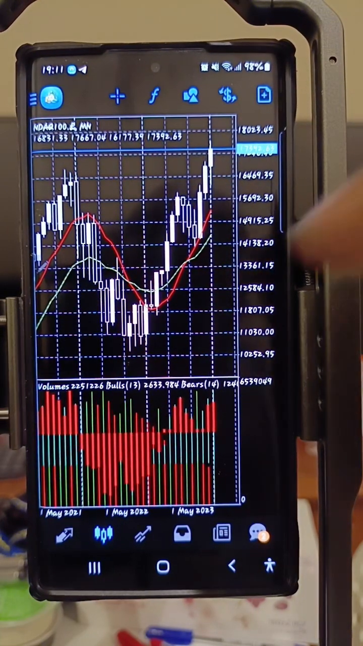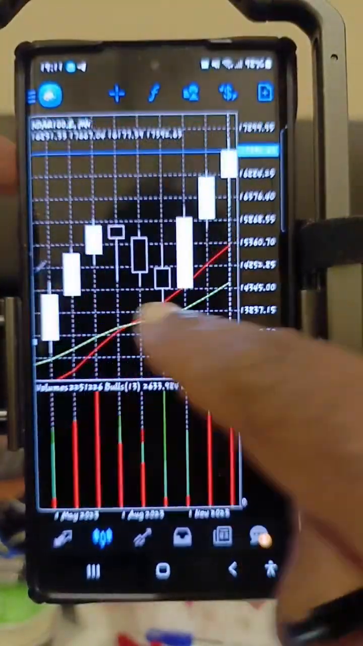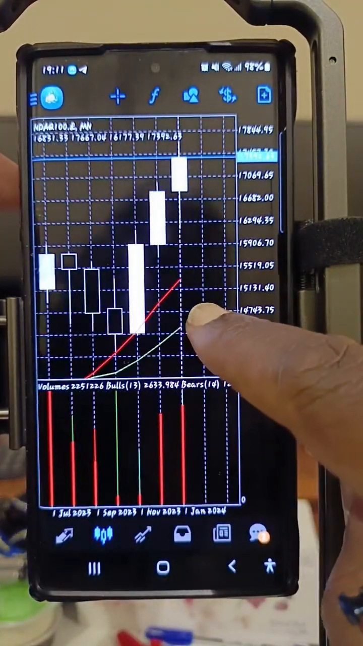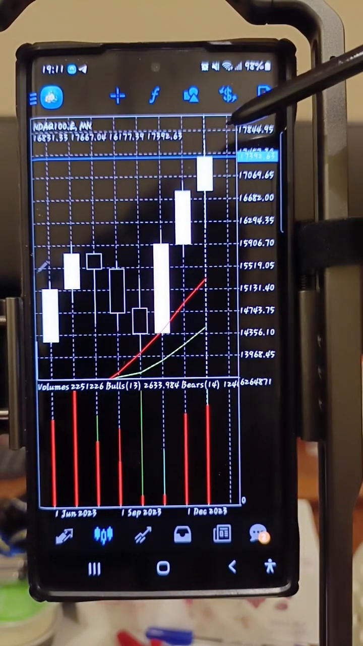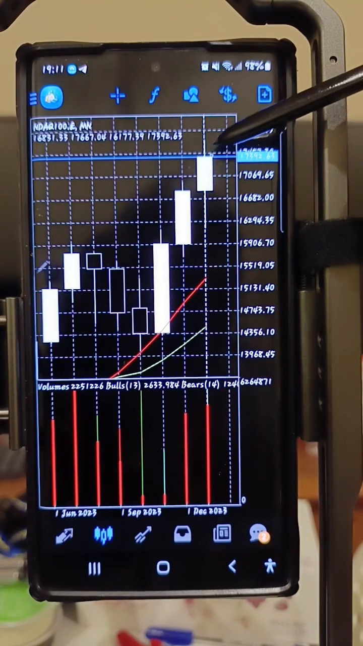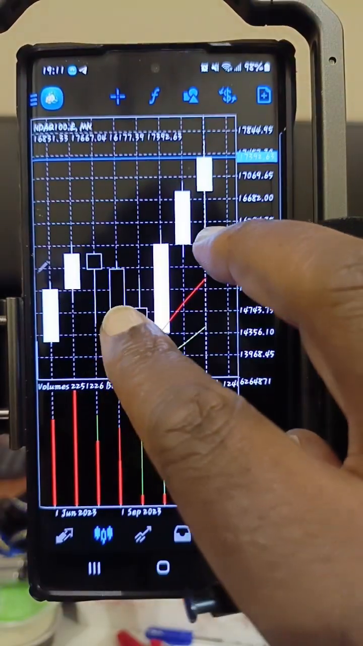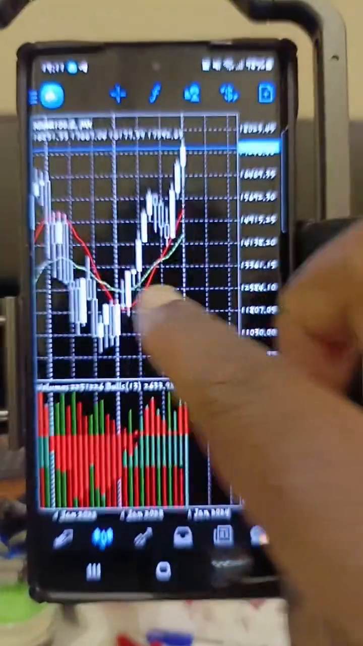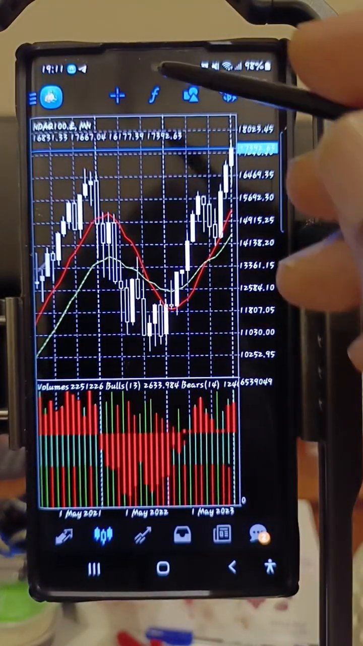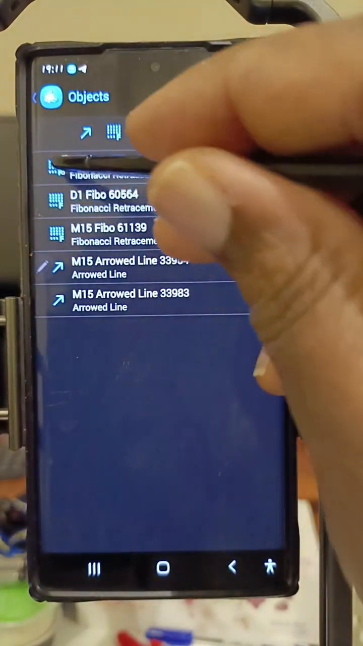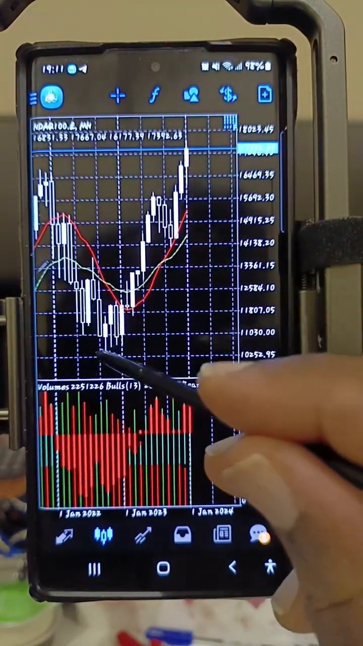So if I look at the month for NASDAQ, you can see that NASDAQ has shown me clearly that it has gone up and now it's pulling back. So if I draw my Fibonacci line, I go to the bottom and I'm going to draw my fib